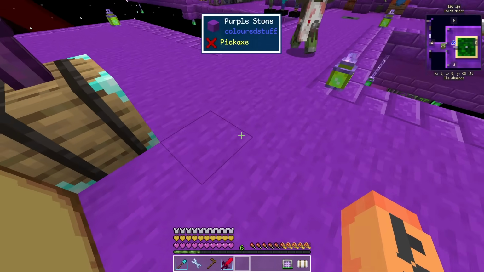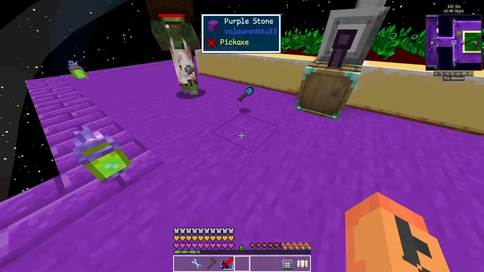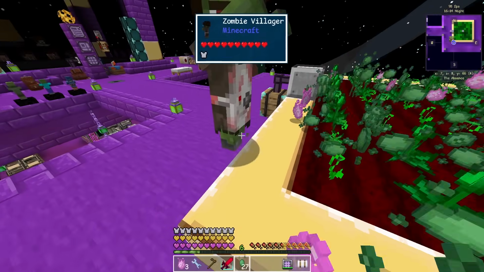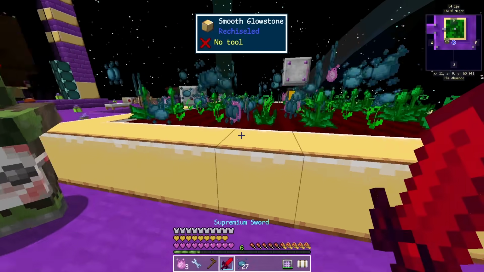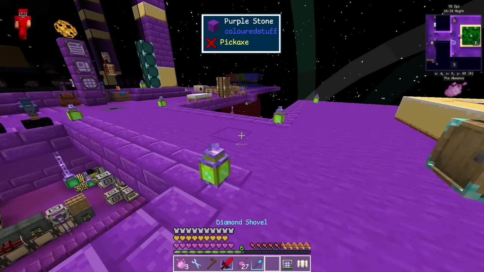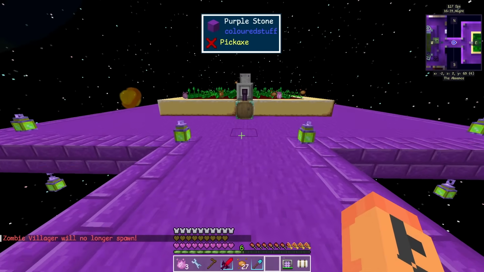I need to get him over here though. Let's see if we can actually pick up the shovel first off. Pick up the shovel. Pick it up. He's got it? It does work. Okay. So we know it. Look at that. That's insane. Okay. So that'll work. Let's go ahead and turn that off temporarily and figure out how the heck I'm going to get one in